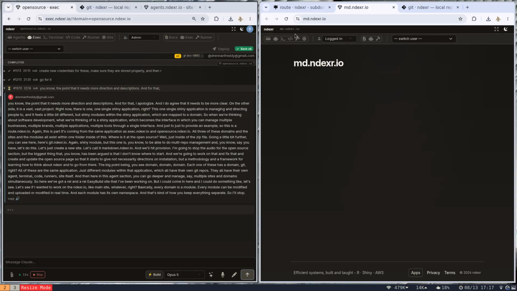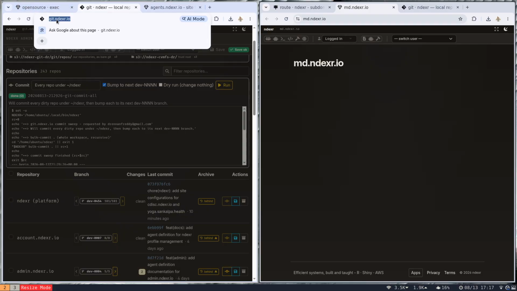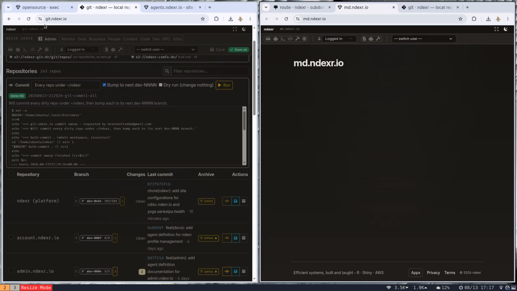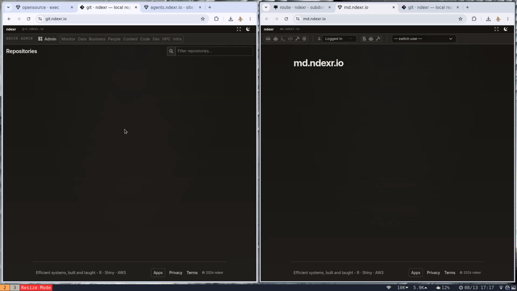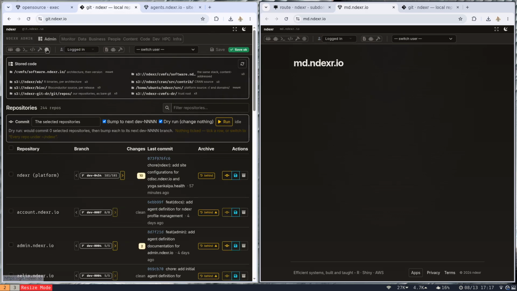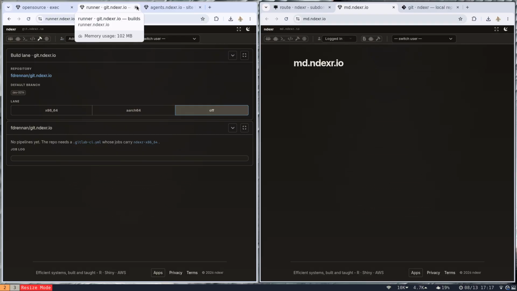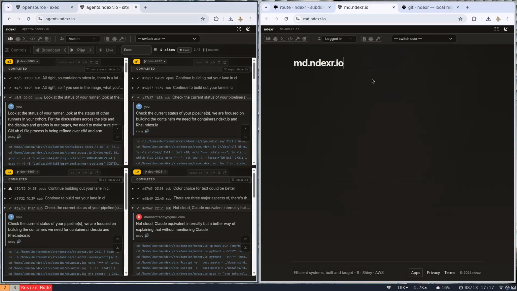So I noticed that, for example, if I go over here, markdown.ndexr.io. Well, one thing that I do know is that every single one of these sites,